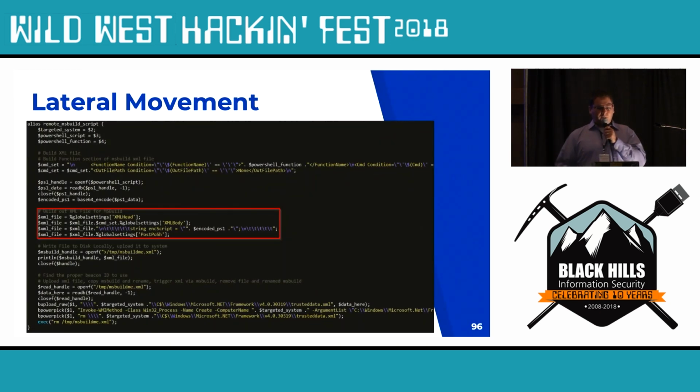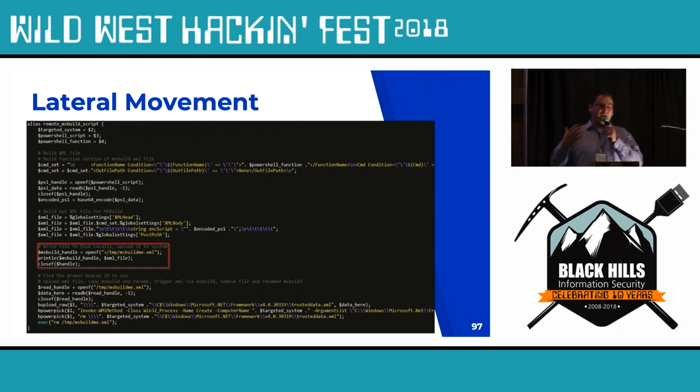These next steps, we're doing a lot of concatenation. So we're building out the source code of our XML file. This includes the header of the XML, the body of it. We're adding our modified command, which is included within there, and just the end, basically the footer of the XML script itself.